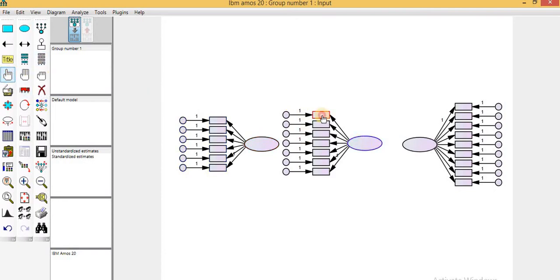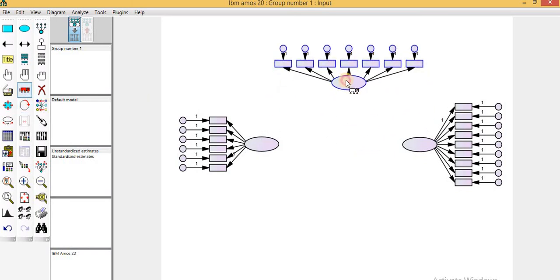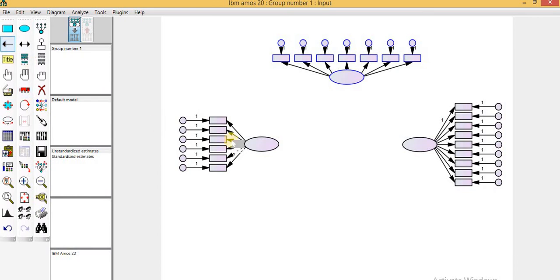The earlier placement of the variables was just to perform the CFA, the model fitness, and now I am relocating the shape of these objects, items and error terms just to perform the SEM. I want to change the position of this variable, and then draw the relationships of the variables.